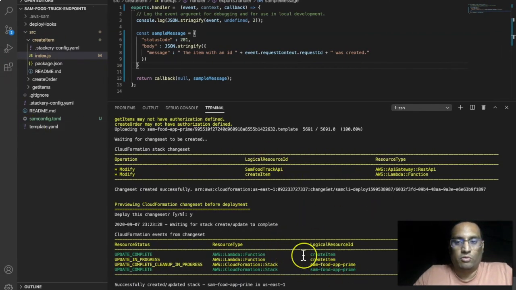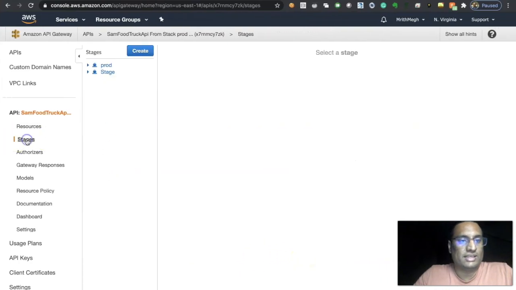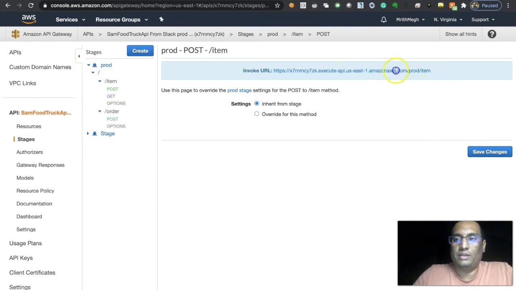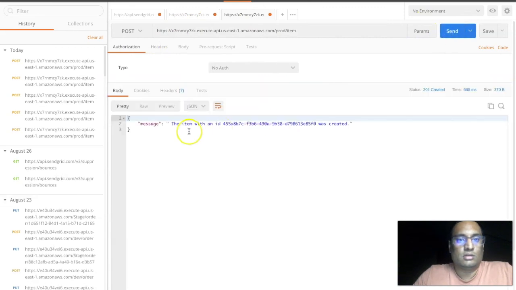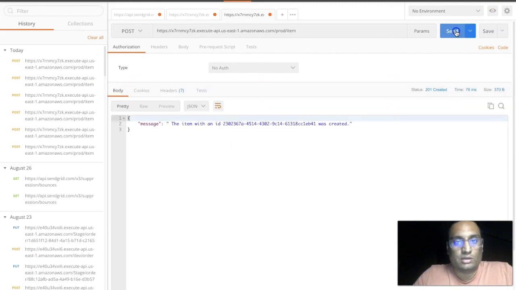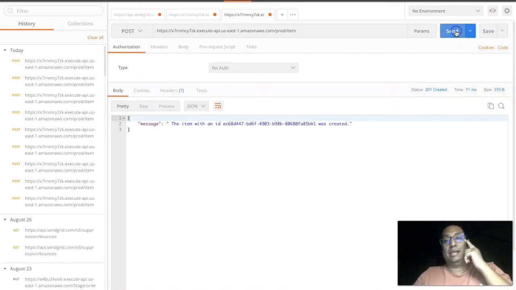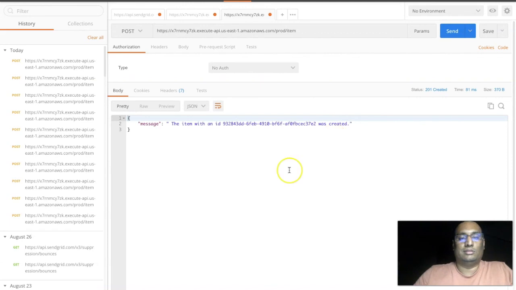Now that everything is moved, let us go to my AWS console and go to the stages, go to prod, go to the post item endpoint, copy the item endpoint, and then open Postman, create a new tab, choose post, paste it, and if you call it, the item with an ID 45587. How many ever times you call it, it will give you a new, unique ID. So this is behaving like a get call. We are not actually expecting anything back from a post, but still a message is given.